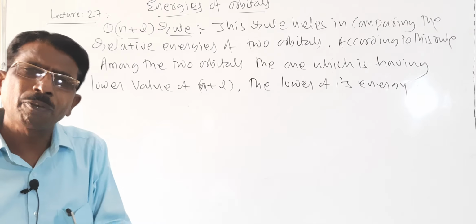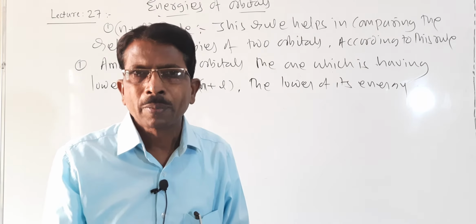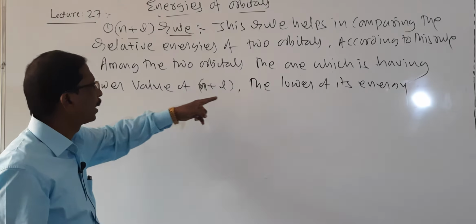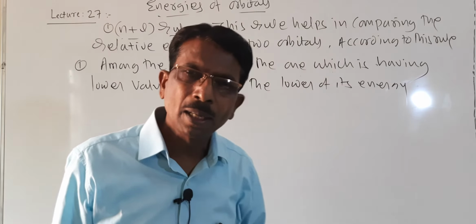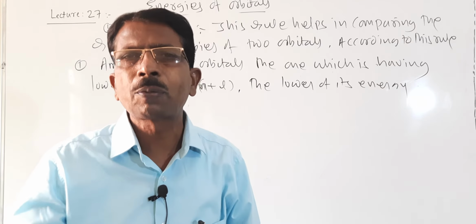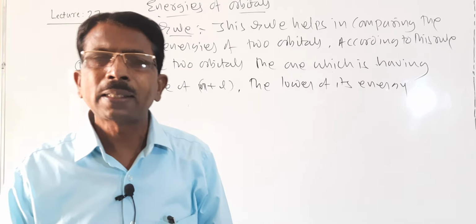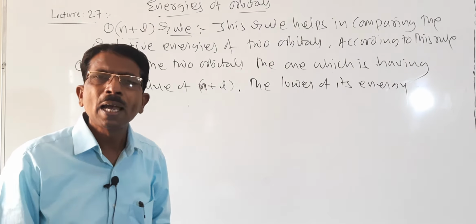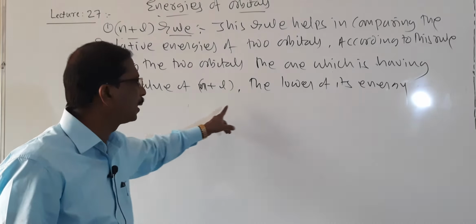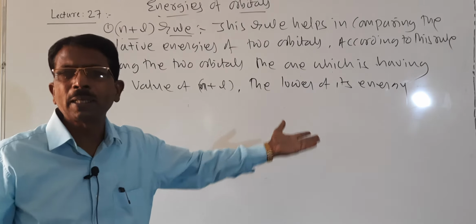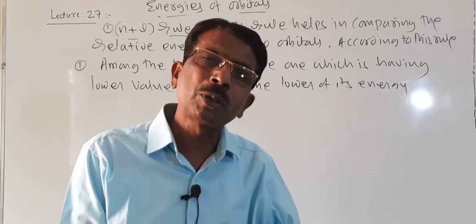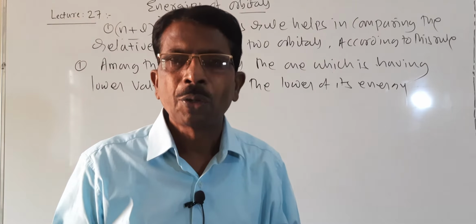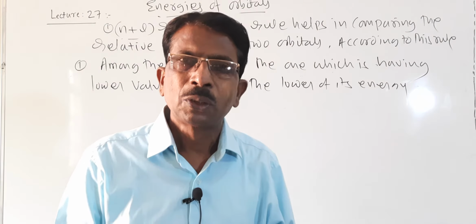If you take it the other way, among the two orbitals, the one which is having higher value of n plus L, it has higher energy. And if n plus L is lower, then you consider it is the lower of its energy. And suppose n plus L values are same for both the orbitals,